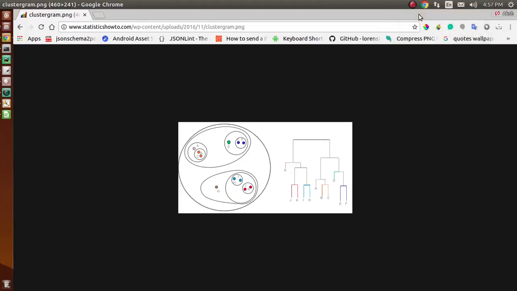In hierarchical clustering, we build a cluster tree, that is a dendrogram, to represent data where each group or node links to two or more successor groups. The groups are nested and organized as a tree. Now you can see over here A, B, C, all these are nodes. All the dots represent the nodes, and all the dots are linked to a single cluster. Like BC represents a single cluster, and A, B, C are nested in a single cluster.